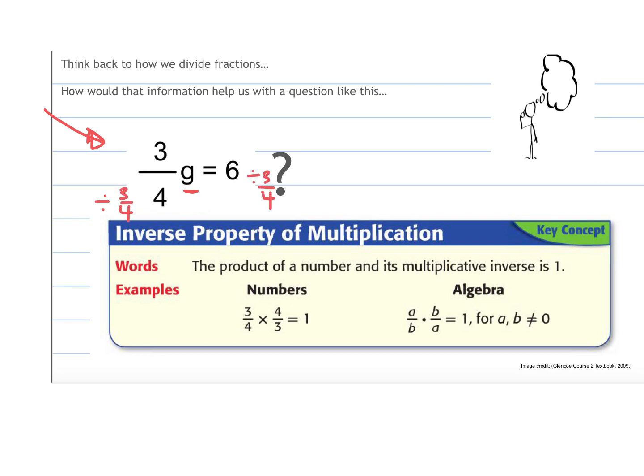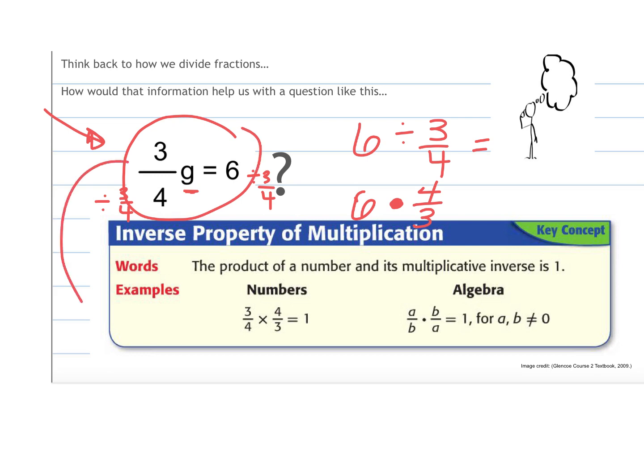And if we think back to dividing fractions, I'm going to rewrite this right here. If I have 6 divided by 3/4, remember when we divide fractions, we keep the first one the same, change to multiplication, and then flip the second fraction, and then we just multiply straight across. So if really what we're doing when we divide is just multiplying by the reciprocal, then what we could do instead for an equation like this